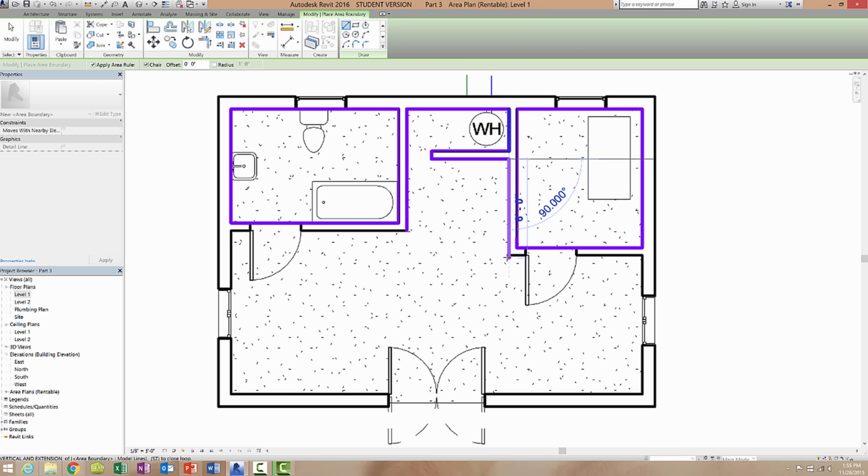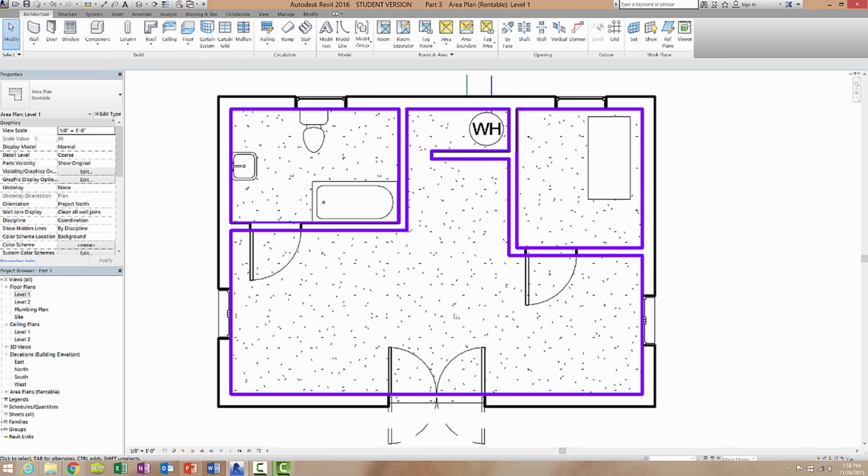And Revit's really useful in this regard. It's essentially allowing my lines to snap into where they need to snap in order to create the boundary that I am hoping to achieve. Okay, so I have these three different boundaries. I am done with that, so I'm going to press escape a few times,